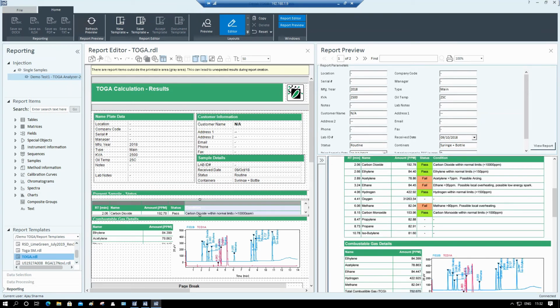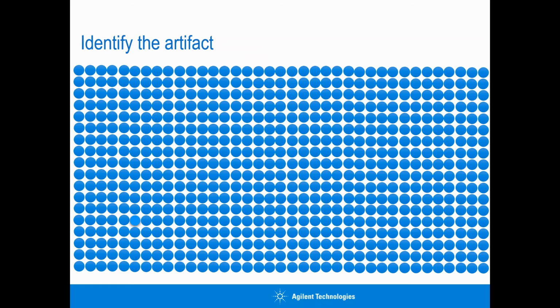Also, this software has a built-in way to identify artifacts very quickly when you have hundreds of samples. For example, it's very easy for the human eye to understand anomalies when the data is arranged in an organized, specific manner.